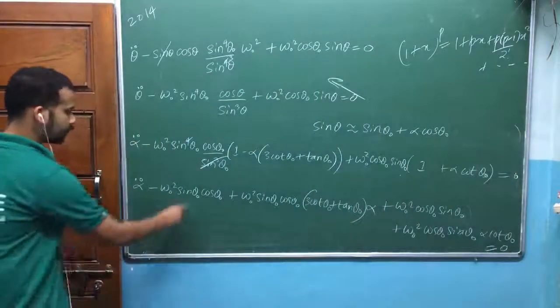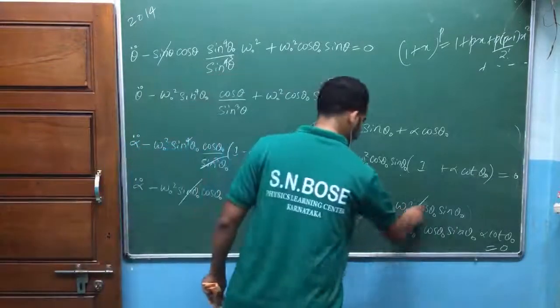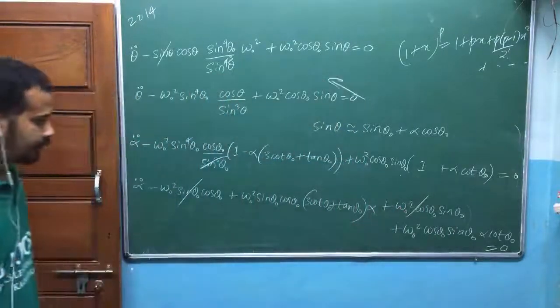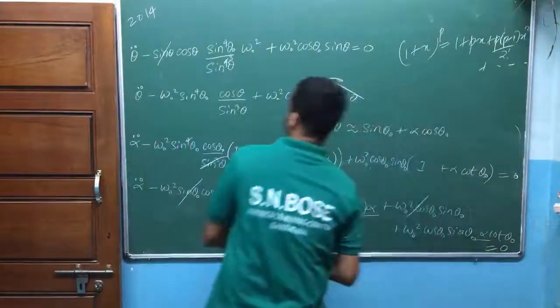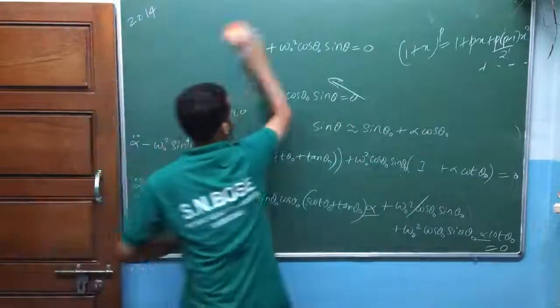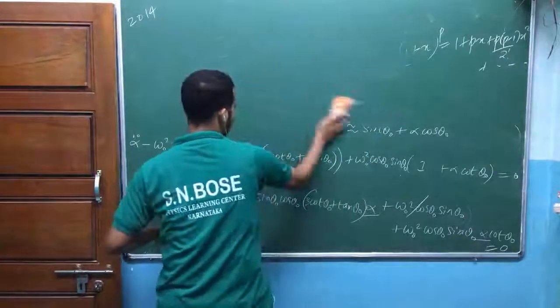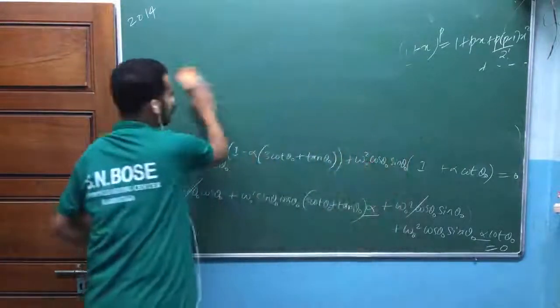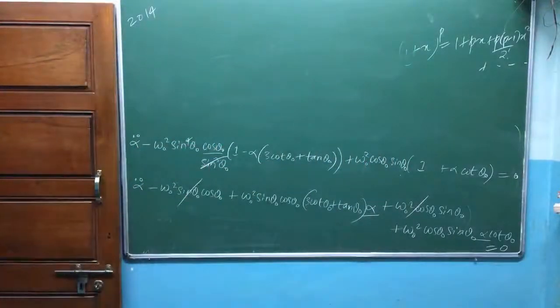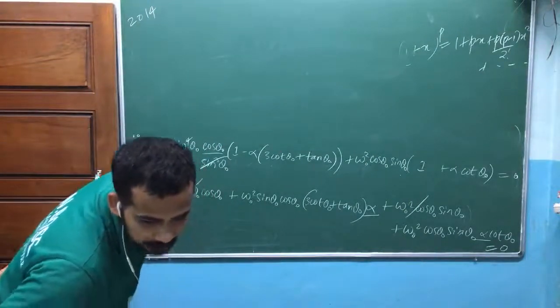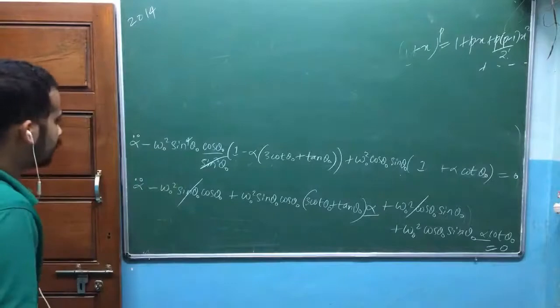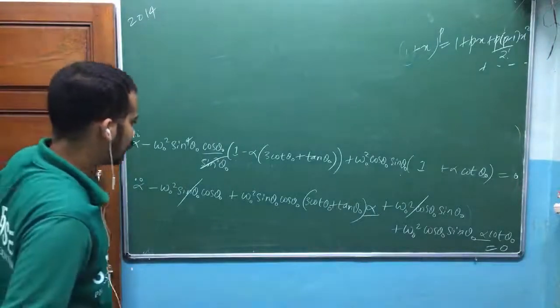I think this would get cancelled. The term containing alpha will remain. Try to do this mathematical step again. I think that the problem that they have asked in CSIR, that's not this much lengthy that we have done yesterday. Yeah, the second term is negative. Again, it was negative. Otherwise, it will not get cancelled.